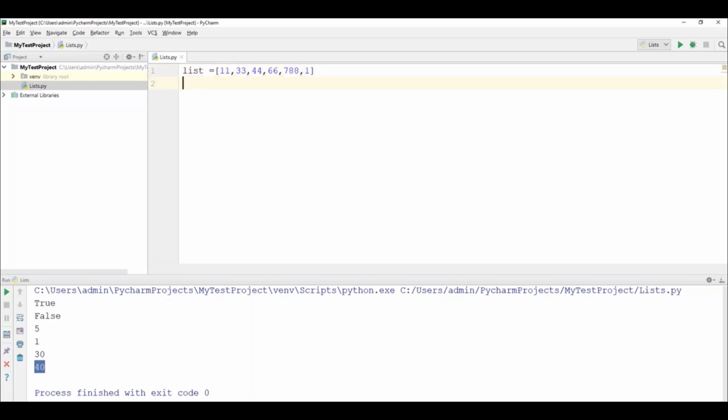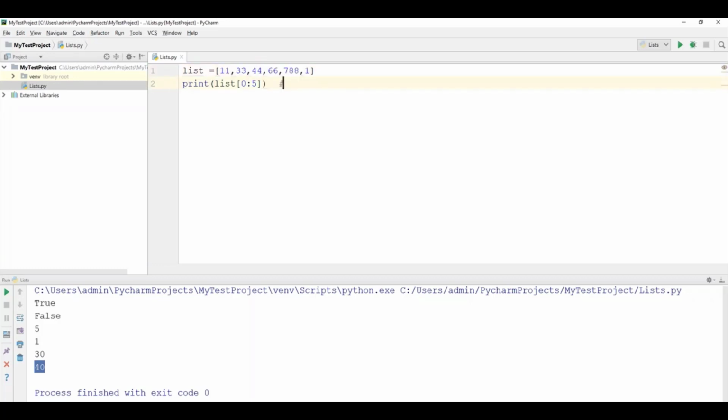Now I want to extract something like this. For example, I will write print, and list is my variable. From this particular list, I want to extract from 0 to 5. What numbers will it return? 0 means it will start from the beginning index. 11 is at index 0. So 0, 1, 2, 3, 4, and finally 5. The 5 means it will always take n minus 1. The starting index starts from 0, but whenever we specify the last index, it is always minus 1. So it will give values till 788.